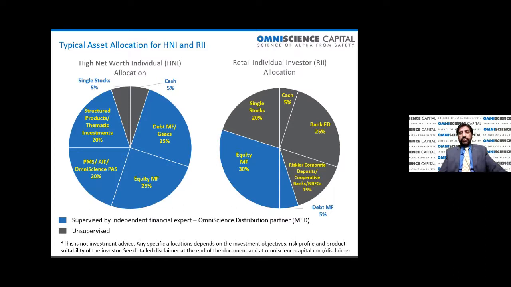And the remaining they would have allocated typically to bank fixed deposits. And bank fixed deposits won't give them high returns. So they get lured by a little bit of 1% or 1.5% more in corporate fixed deposits or fixed deposits issued by NBFCs or cooperative banks, without realizing how risky these things are. But on their own, they just look at that little bit higher returns or promised coupons and get attracted.